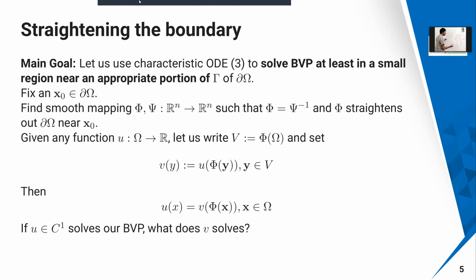So let us fix an x naught, for example in this domain. Now I am going to find a smooth mapping. Let us say pi and psi are smooth mappings from R^n to R^n such that pi equals psi inverse. What is the job of this pi? It straightens out